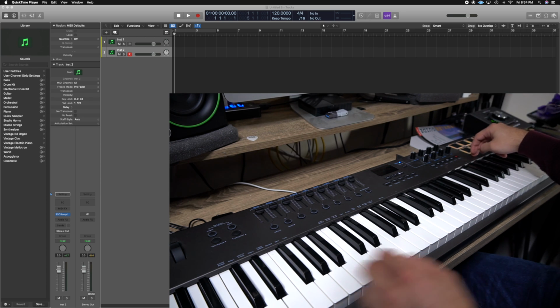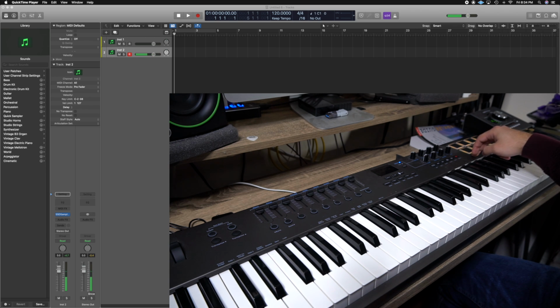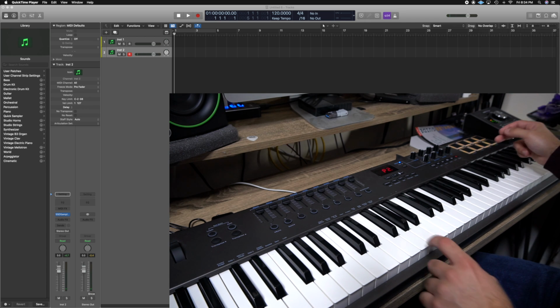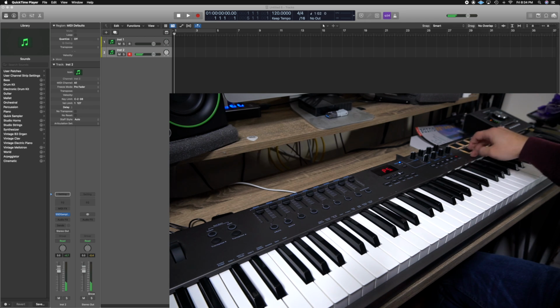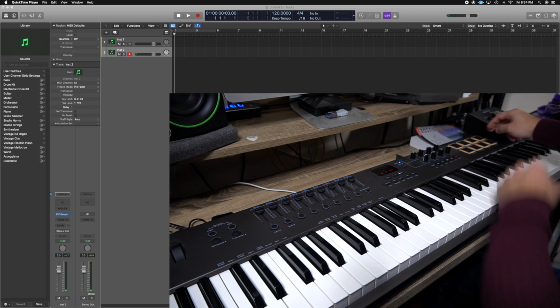So we're going to hit P1. Let's say this is still going to be my kick. I want my hi-hat to be on 8. I want my snare to be on 2, just to keep it close to the kick. And then I want my crash, for some reason, to be on 5. Take it off. Now I have